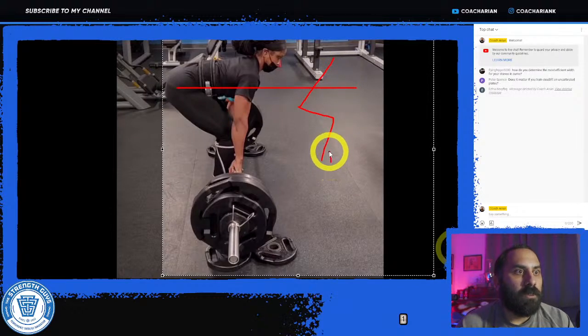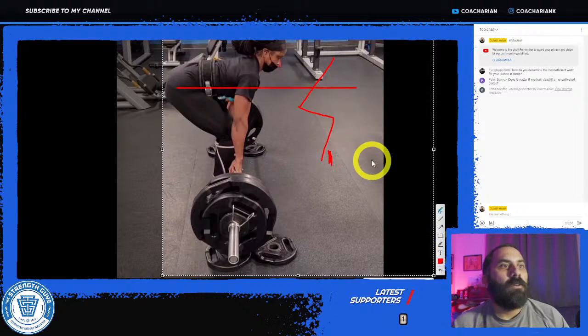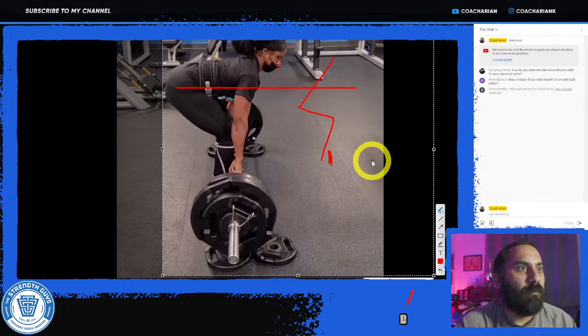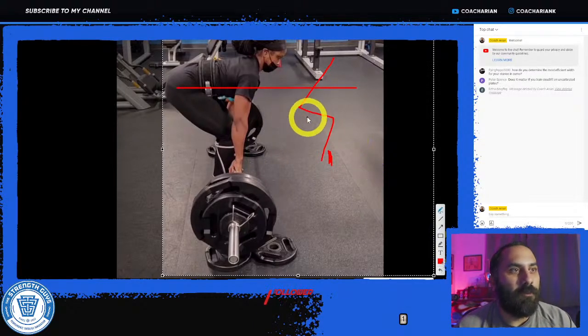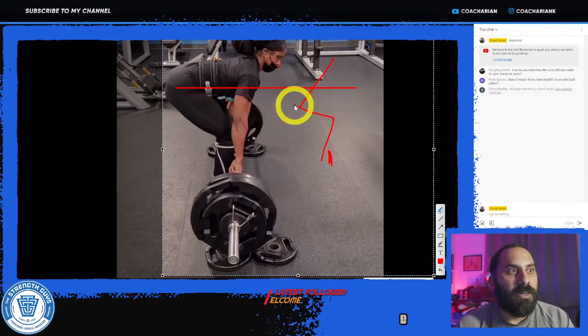And then the bar obviously is here. So they try and do something like that where it looks like more of a squat, or like a quarter squat here. And then that's where you get the hips kind of come up and the torso tips over.